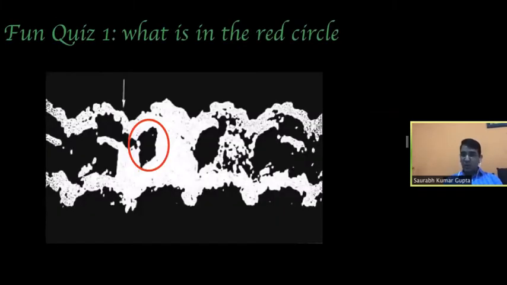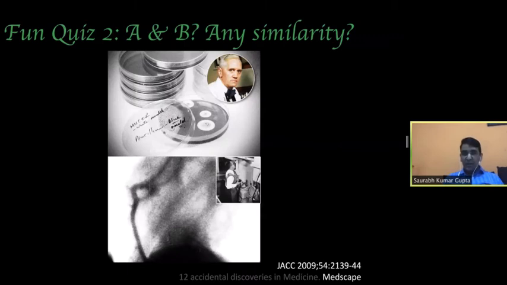Now, before we discuss saline contrast echo, for the benefit of all the participants and to keep the interest, I'll keep putting these little spots in between just to keep the interest alive. So this is the first one. What is in the red circle? You can put your comments in the chat box, or we can discuss subsequently. After a few slides, the answer will automatically come. Now, before answering this, I'll go to the next one and ask what is A and B. A is this one and B is this one. If there is any similarity between the two, the lower one is definitely from cardiology. The upper one is not from cardiology, but we are all familiar with it in one way or the other.